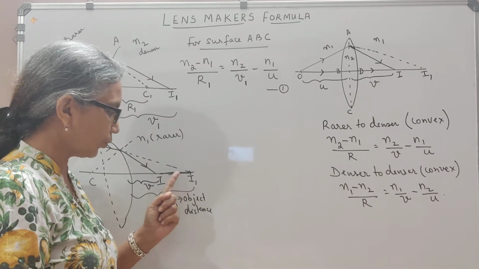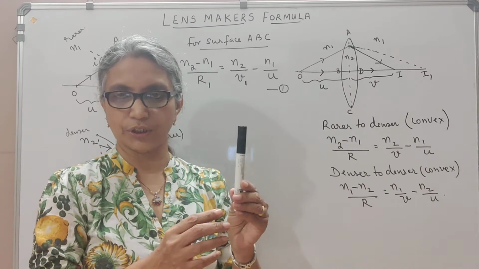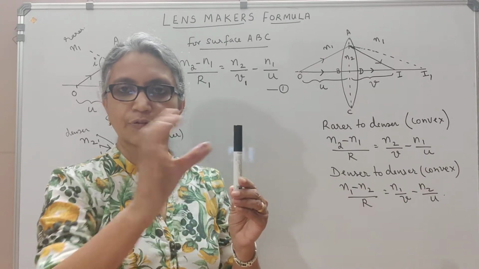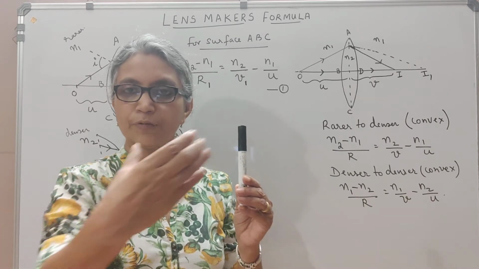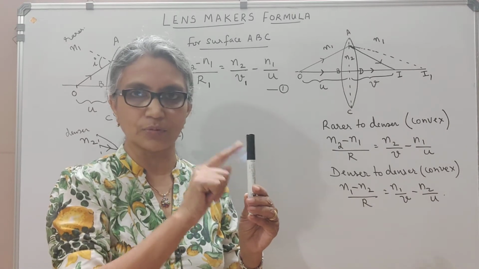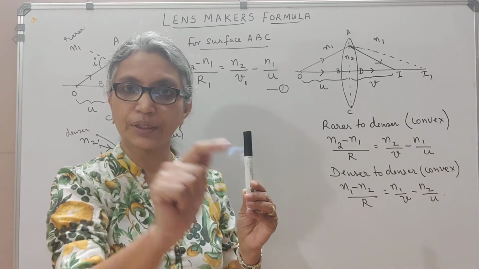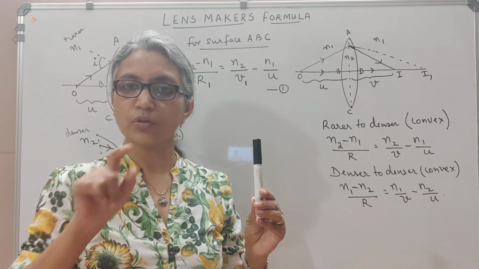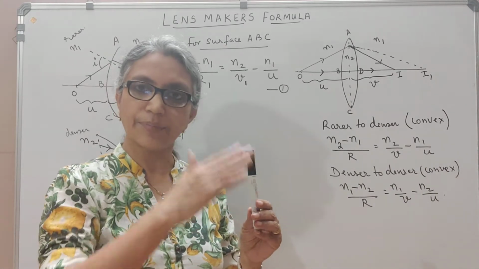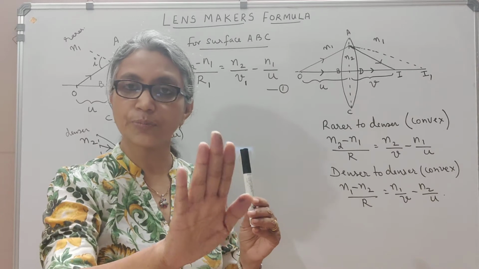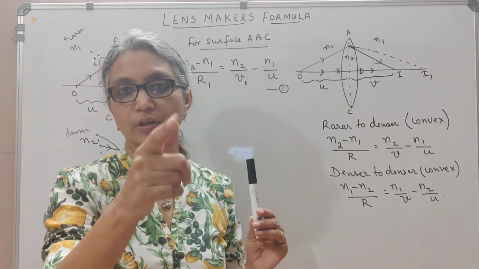Suppose you have, let's say, a real object here and I have a mirror here. If I keep one more mirror here, I'll still be able to see the image of the pen. But for this mirror, this is the real object. It has formed an image on that mirror. That image becomes an object for this mirror, right? So such an object is what you call a virtual object. That means an image is already formed. That image becomes an object for another mirror. Then that is called a virtual object.